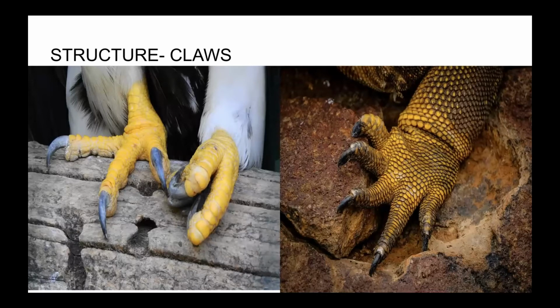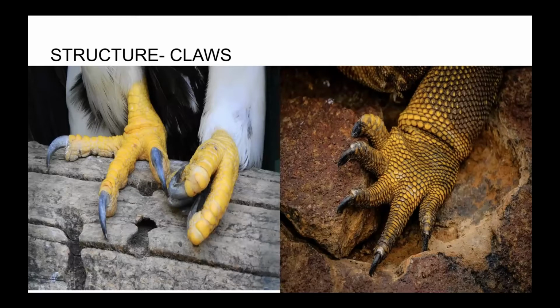Now, on the picture on the left, that's actually an eagle's claw, and we call those talons. It helps the eagle grasp its prey. The eagle is a raptor, a bird of prey. It's a predator, and they're big birds, and they get relatively large animals like bunnies and things like that, not mice. So he's going to need those big, strong talons, which are a form of claw, to help him in